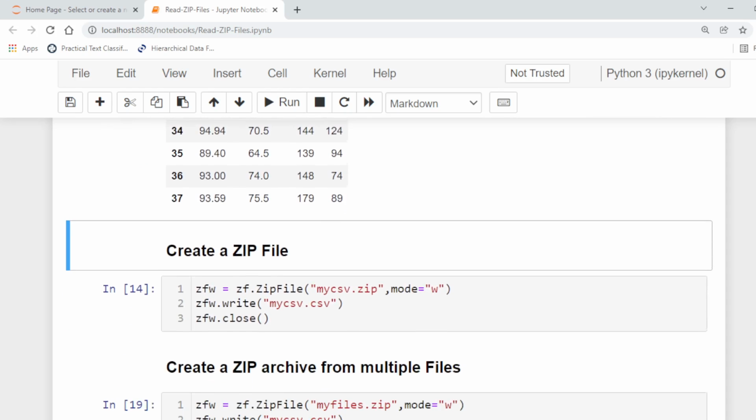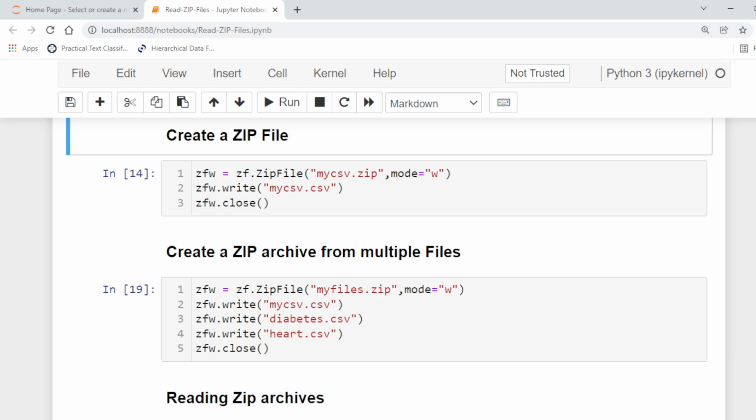Now to create a zip file, first of all we will use the same function ZipFile for creating the zip file with the mode w. So here first of all we create mycsv.zip, and then we write the mycsv file into the zip format.